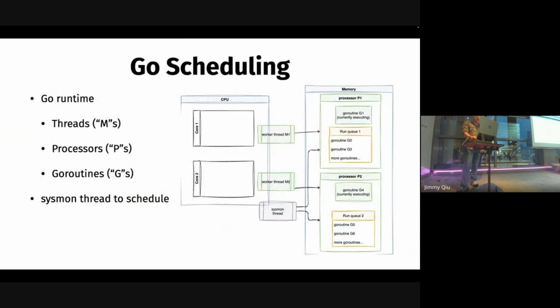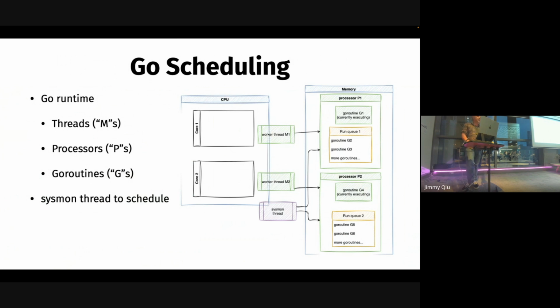So Go scheduling gets a little more complex if we dig into the details. It has the concept of threads, which is the thread that runs the actual code, so a hardware thread. I'll call them an M. If you look through the Go source code, we'll have M all through there, which means machine, the concept of a machine that can do work, like a CPU.